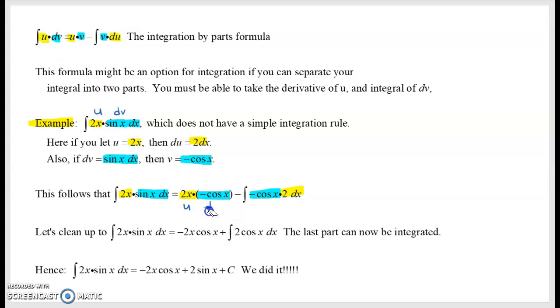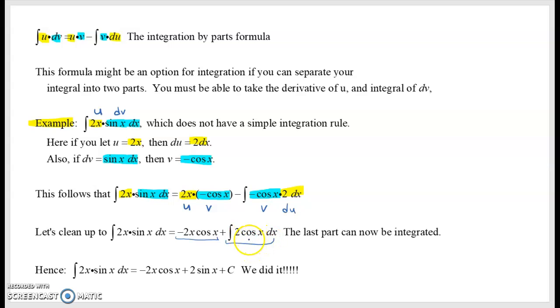Mr. Eraser, you're our friend today. U times v minus the integral of v du. Okay, so what that does when I clean it up, I've got my integral that I'm trying to find is equal to, in this case, negative 2x cosine of x, and then I have still another integral, which the two negatives cancel out, so plus the integral of 2 cosine x dx, which in this case I can integrate without